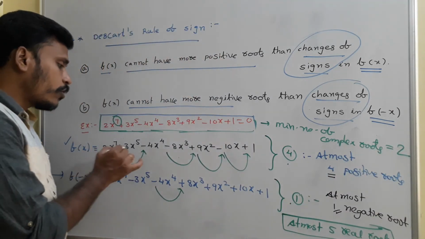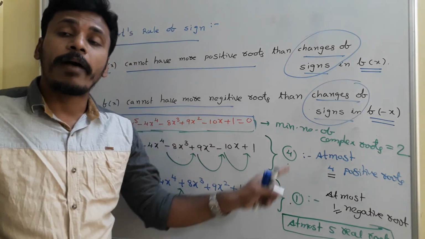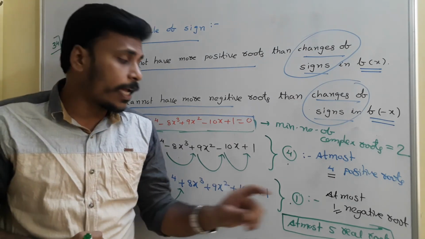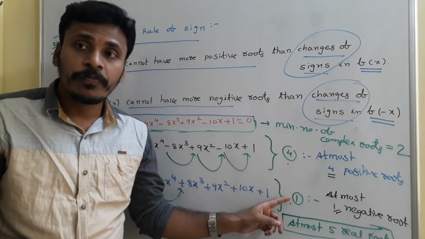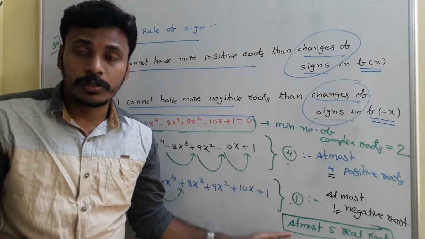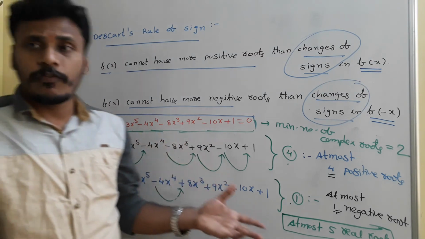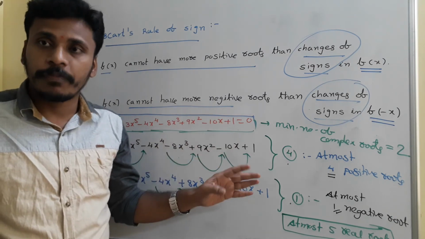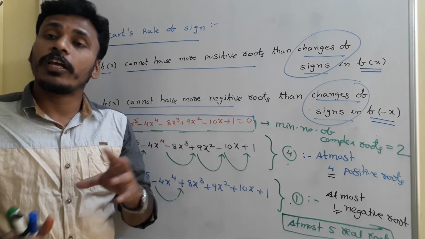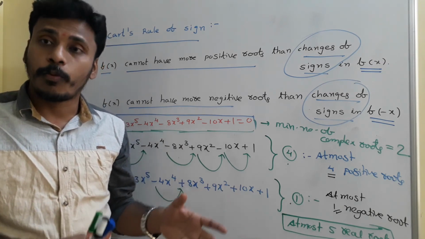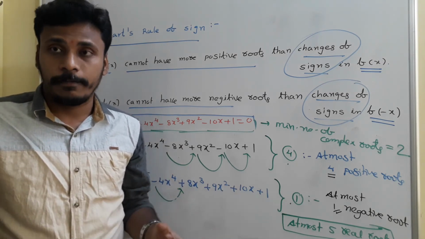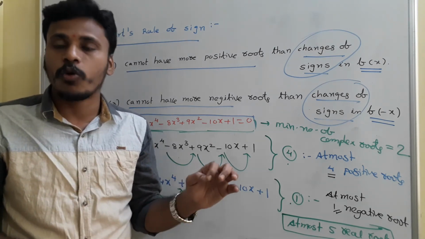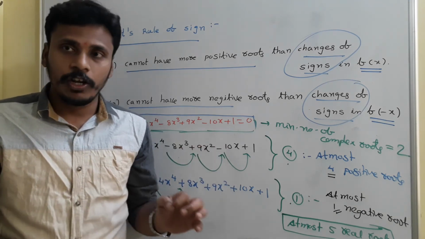First of all, observe the change of signs in f of x. It gives you the maximum number of positive roots. Observe the change of signs in f of minus x. It gives you the maximum number of negative roots. Combine these two, it mentions the maximum number of real roots. And by observing the degree, it is easy for us to decide the minimum number of complex roots. Basically, this is Descartes' rule of sign, deciding the maximum number of real roots as well as the minimum number of complex roots for a polynomial equation using Descartes' rule of sign. Okay, you just have a look, and the proof is not mandatory. You need to follow the rules to decide the number of real roots as well as the number of complex roots. Have a look.